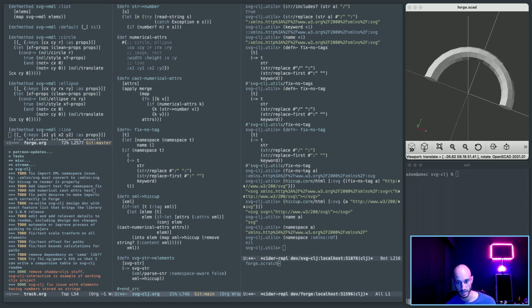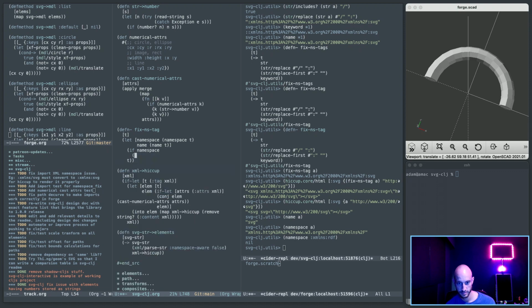Let name be name t. If namespace, then you do stuff. Otherwise, you return t. Yes, that works. Okay, that's fine. Right, so in the case of a namespace, what I want to do is